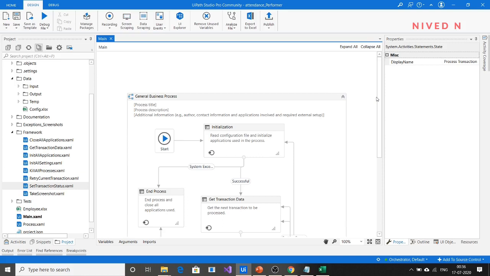But now in this method, I have done it using queues by creating two workflows: the dispatcher workflow, which takes the data from the Excel file and transfers it to the queue, and the performer workflow, which retrieves the data from the queue, processes it, and then inputs it into the Excel file corresponding to each employee roll. So that is what we have done altogether here.